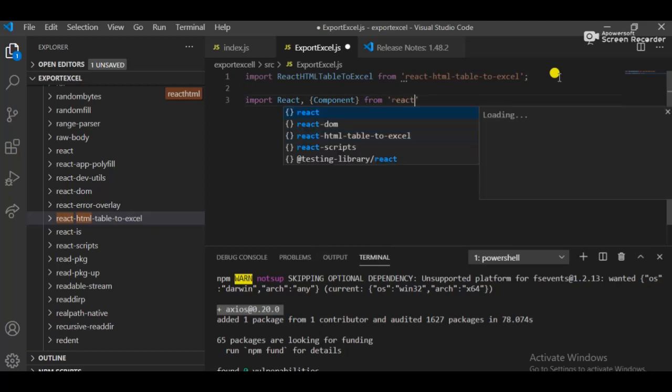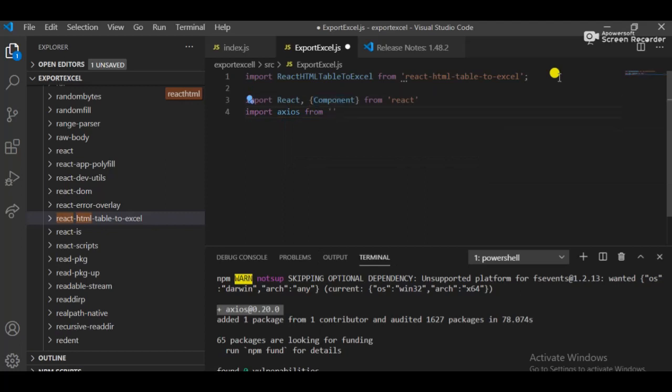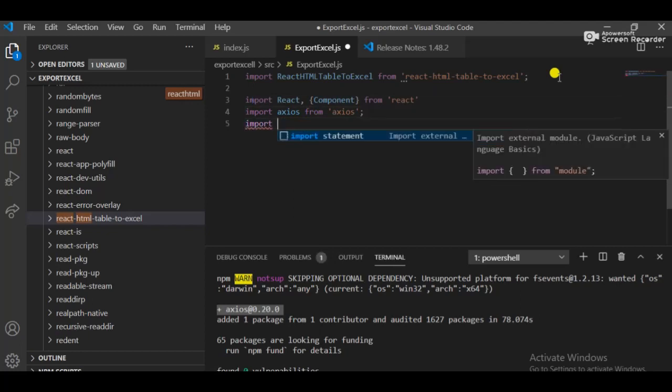After all, you just have to import a React component, so you can do the code of React. Initialize your class. I'm now making a class component for exporting this component into my index.js and app.js, so I can access this. Export Excel, and it extends the Component.